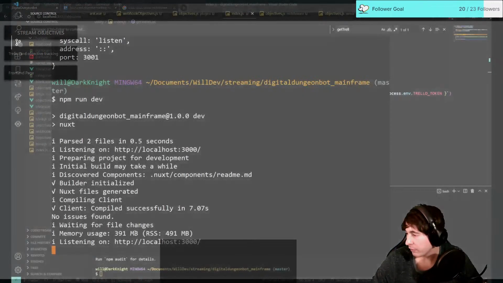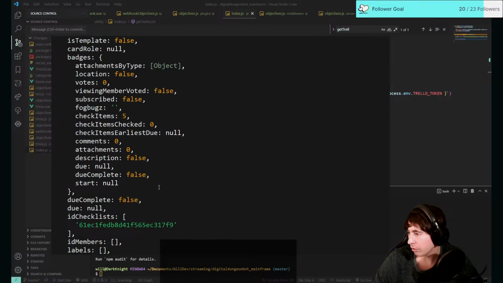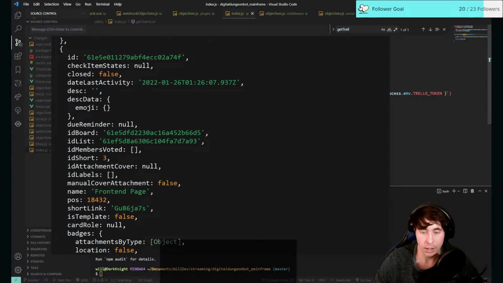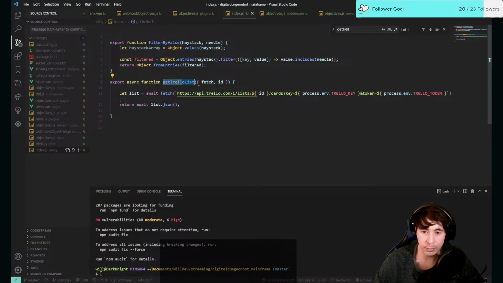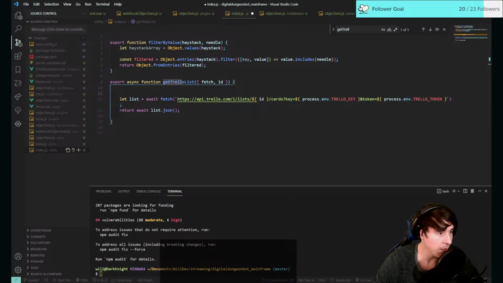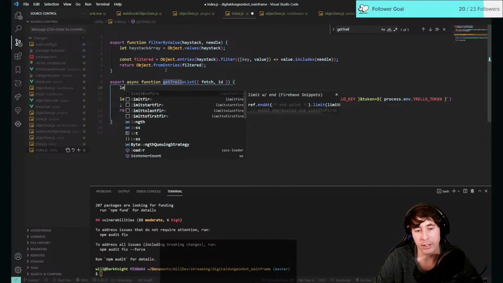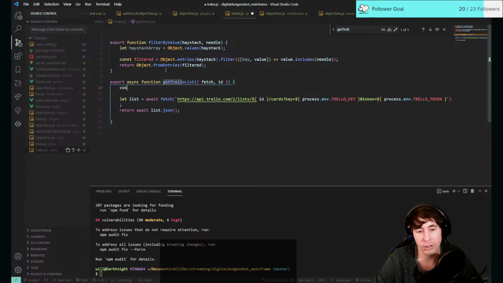Okay, that should give us our Trello cards in JSON format. Yes. Okay, guys, so there we have it. For whatever reason, we have to pass fetch in here. I don't know why we can't, and unless anybody has any ideas why this might be the case, we can't do something like const fetch equals require